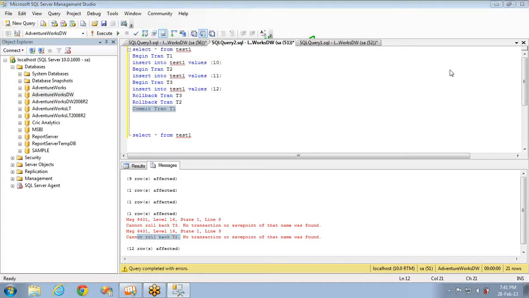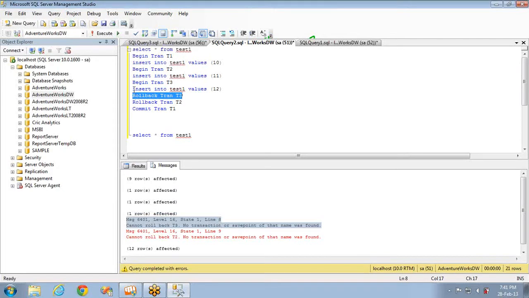Now, as you are clear about nested transactions, let's discuss save points. Why? Because we are getting that error, right? So it's better to have a good idea about save points, from which you can expect a question in an interview. So what is meant by a save point? A save point provides a mechanism to roll back portions of the transactions.